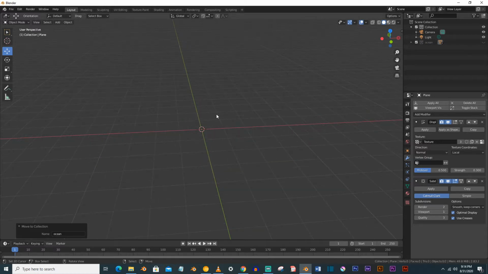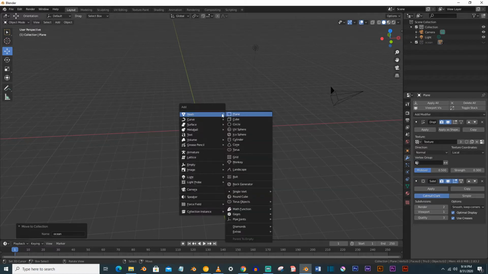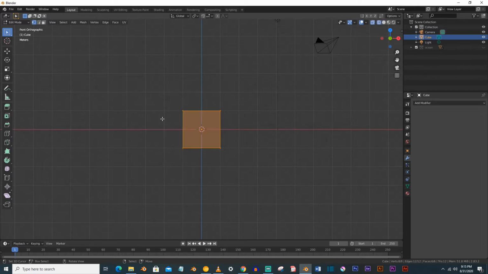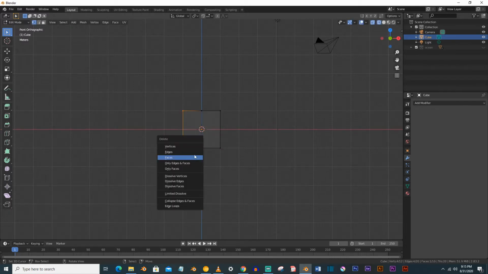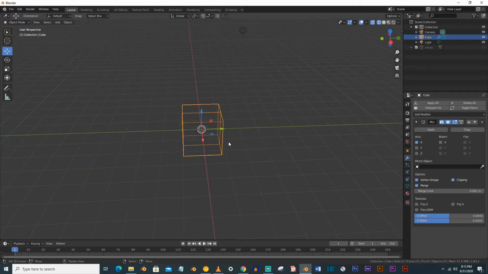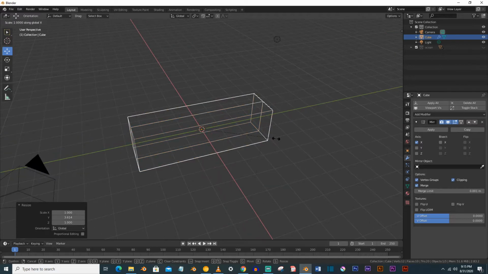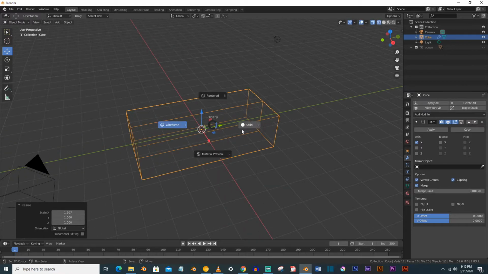And now just quickly make a boat here. Shift A, select a cube and go to edit mode and Control R, and select these vertices here, delete the vertices, add a mirror modifier here, enable clipping, and now what you have to do, S and Y, scale on the Y and X axis.